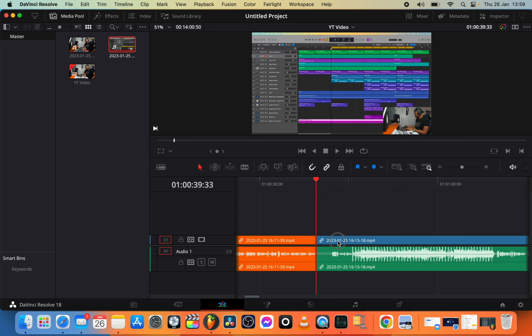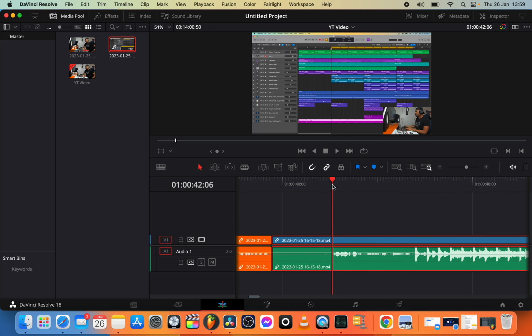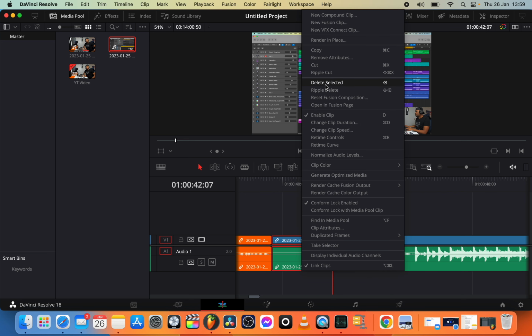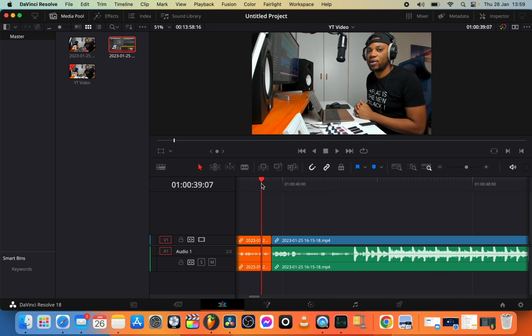So I also just want to trim it. What I can do is zoom in a little bit so I can see where I start talking. Then I can bring the playhead right here and trim it like that, or I can use the razor and cut like that, and then select the cursor again, click on the clip that I want to remove, and come here to ripple delete. Then it's going to move this clip to touch and join the previous clip like that,